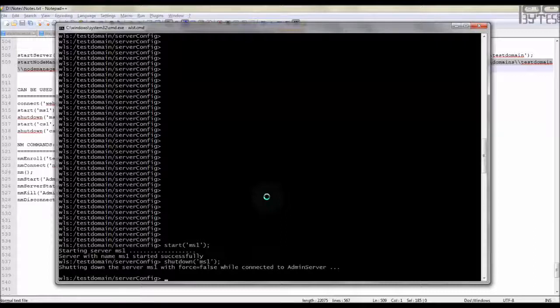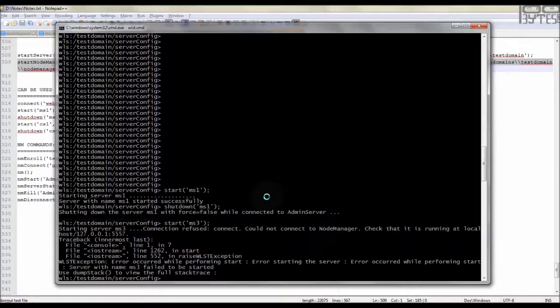Let me try to start the managed server 3. So I have connected to the admin server. My node manager is running. I'm starting the managed server 3. Now you see that, check that it is running in localhost